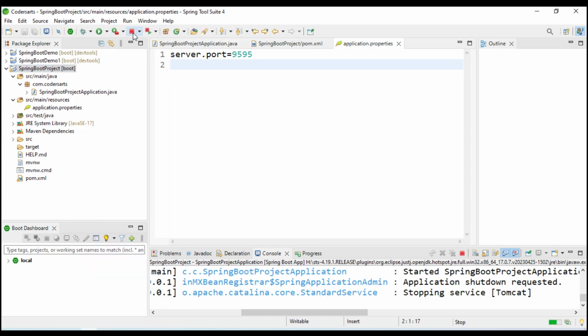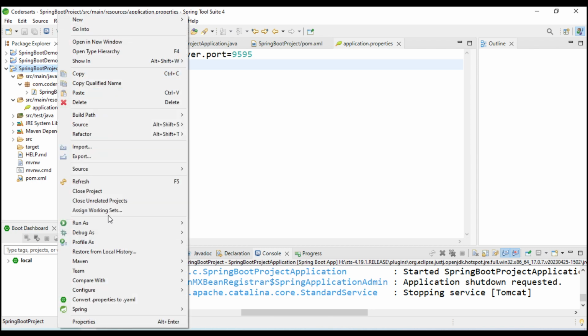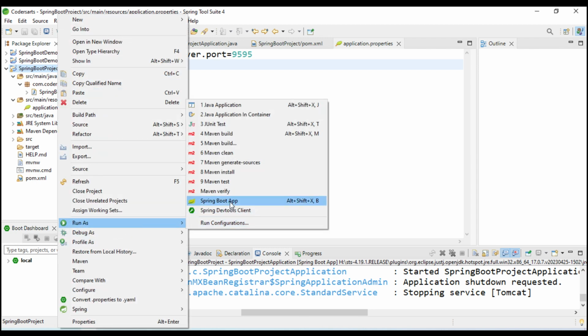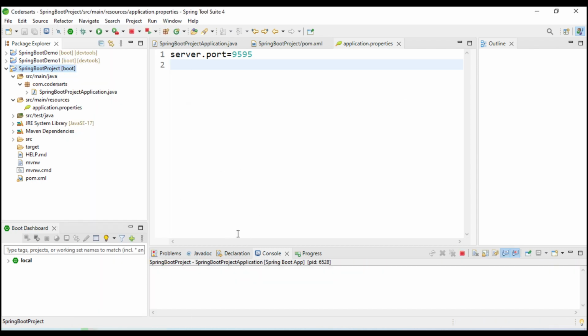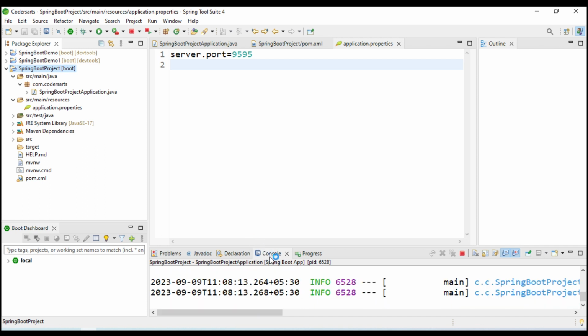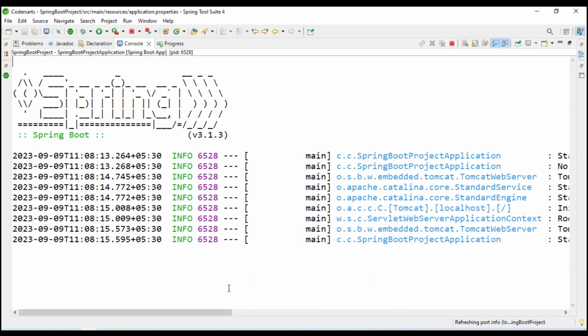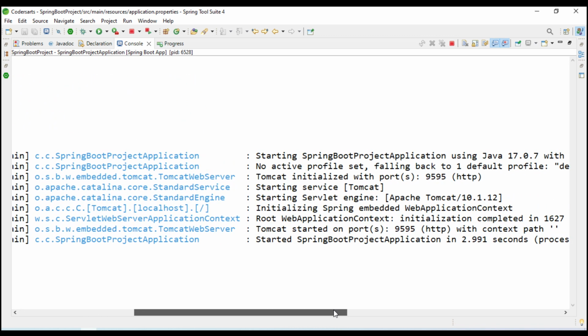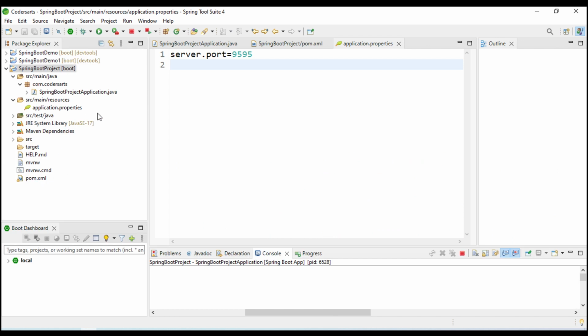So we have to rerun the application. First I have to stop the application, and then rerun the Spring Boot app. So it will run our application again, and if you see, it runs on port number 9595. Every piece of information required for this application, we have to write here. Like we have to connect with MySQL,